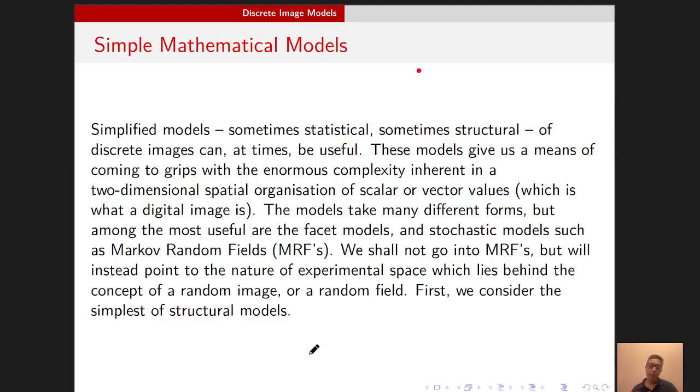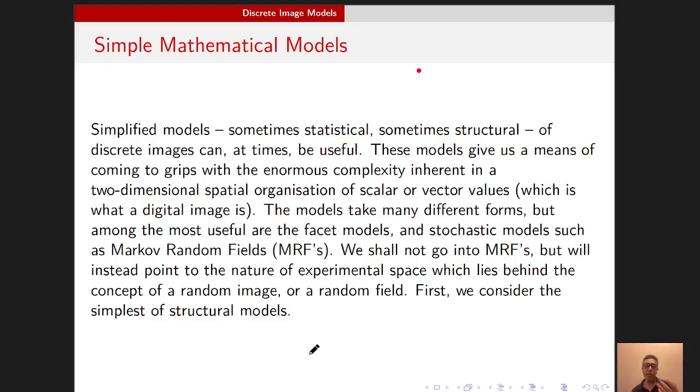There is a fairly common saying, which is that all models are wrong, but some models are useful. And of the two models we're going to look at, one is absolutely wrong. It's a very strong approximation. The other is extremely useful and really is not wrong, but it requires a bit of thinking about the process